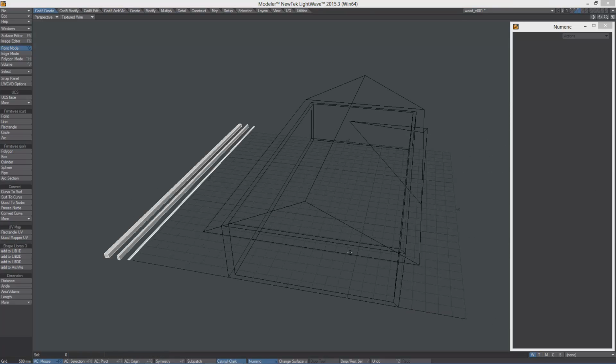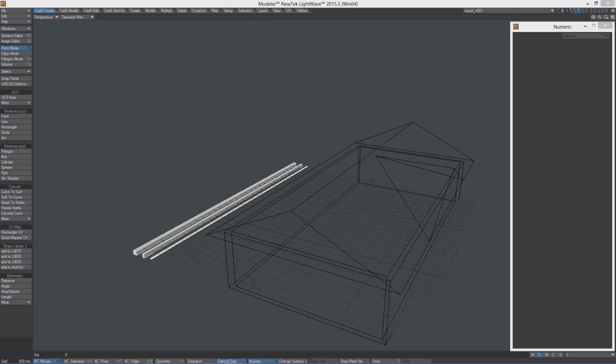Before we start UV mapping, we need to set the active UV map. The active UV map can be set in the right down corner of the modeler window. Here you need to set texture mapping and set active UV map. I will use UV map 1. If you don't have any UV map here in this list, create a new empty one with this new option. So use UV map 1,